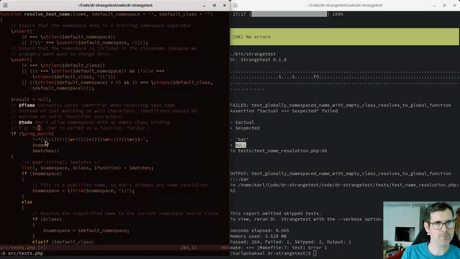No, we allow an optional leading namespace or namespace separator. And then in order to have any others, you have to have at least one character there. One word character. So two slashes would not fail because there's no other point. Yeah. No, it's